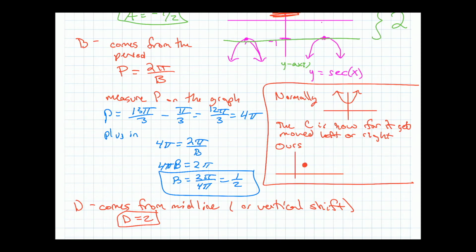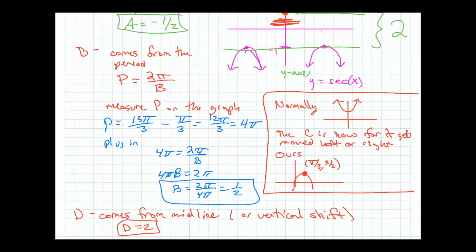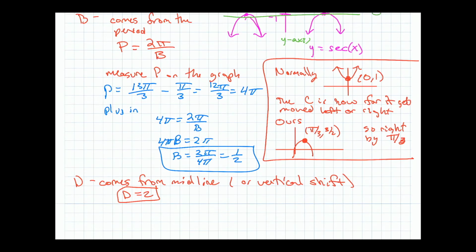So on ours, you've got a piece that's like this, and the point is labeled pi over 3, comma 3/2 or something. Well, just comparing these, right? This one's at 0, 1, and the other one's at pi over 3, 3/2. So you should be able to see that the point's been moved to the right by pi over 3. So right by pi over 3 is what has happened. Okay, so that tells you that the C is,